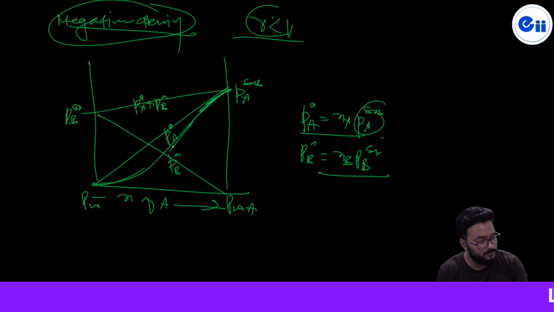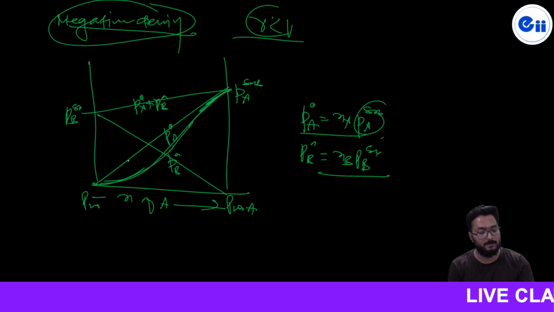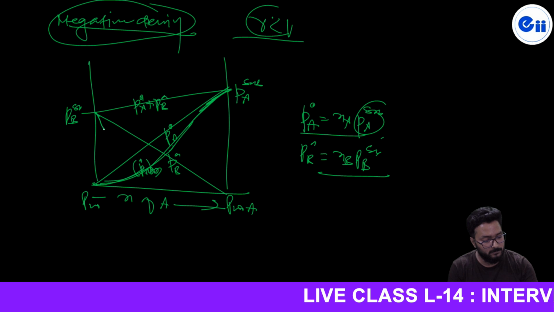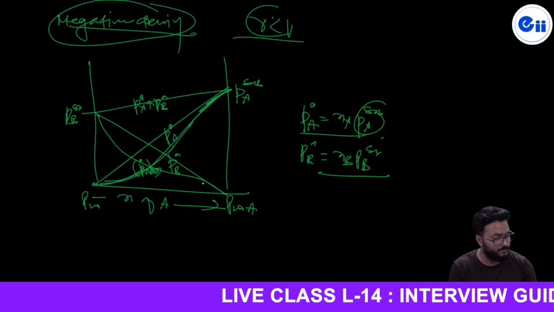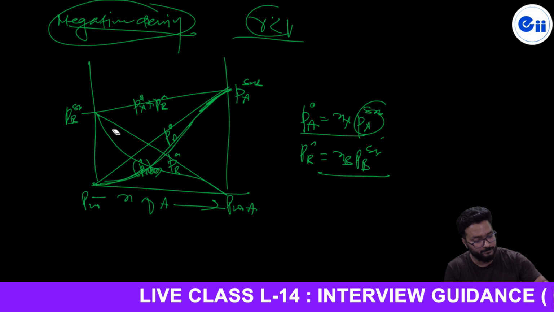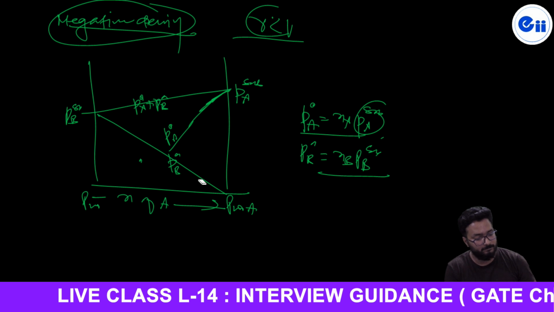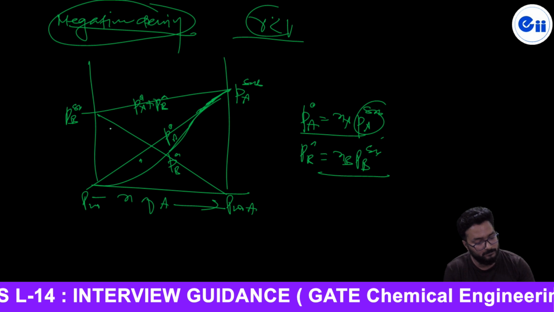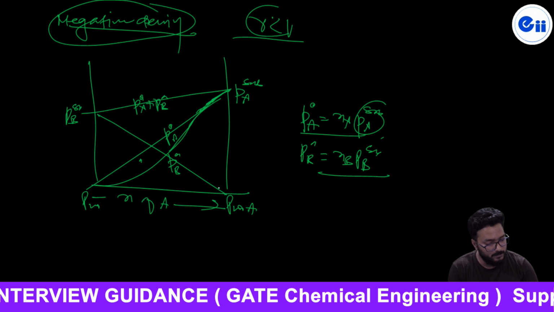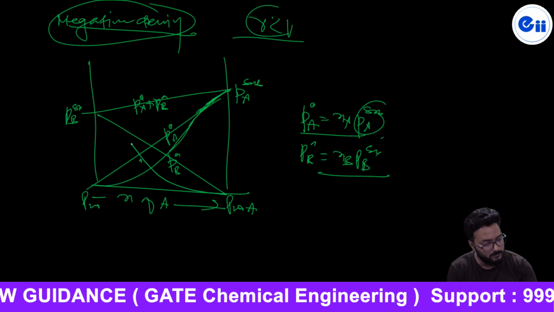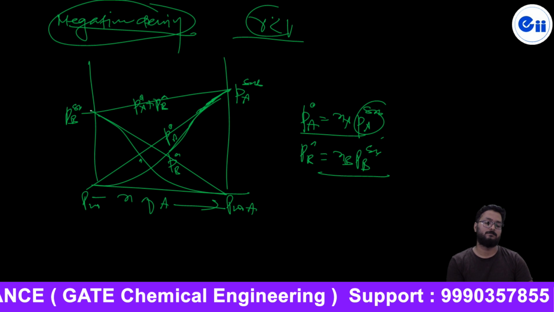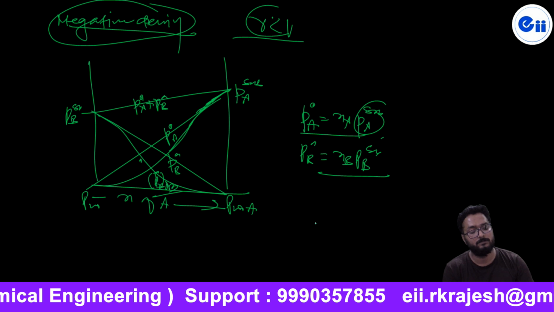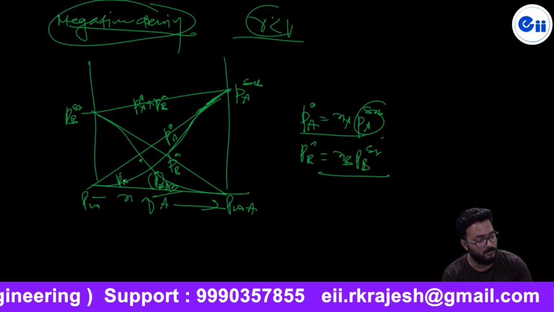It is below this. In the previous case, it was above this. Now it is below. It is PA star observed. Similarly here also. Here B is pure, then it will asymptote towards this, and it is called PB star observed. It is PA star observed.